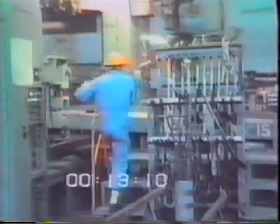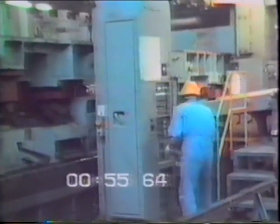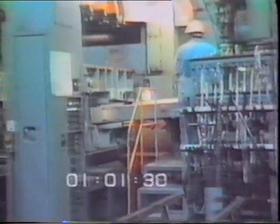Setup is measured from the time the last good piece is produced to the next good piece. Here, an adapter is being exchanged. This is a one-touch operation. Now, the moving bolster is moving into place to exchange the die. As one die moves out, the other one moves in. Very little time is wasted. Because the work has been standardized, there are very few